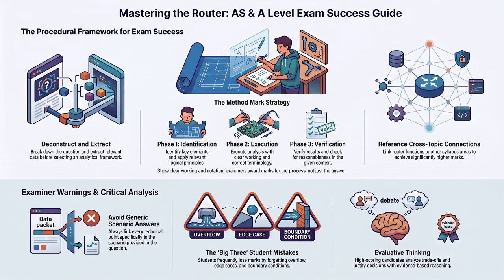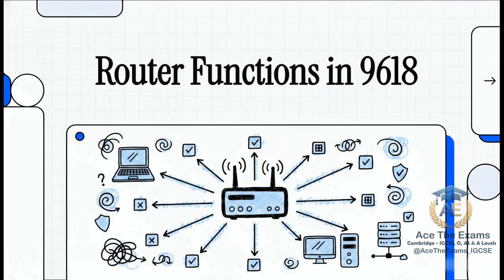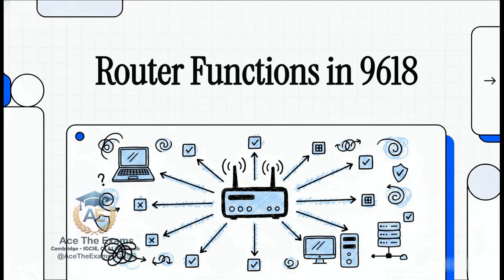Welcome to The Explainer. I am absolutely thrilled for today's session because we are unpacking the ultimate insider's guide to maximizing your marks on one of the trickiest topics in the Cambridge AS and A-level computer science syllabus. We're zeroing in on paper 9618, and we are going to completely master the role and function of a router